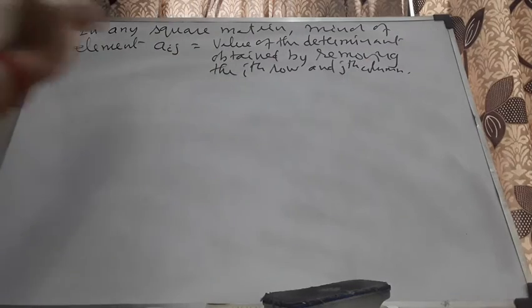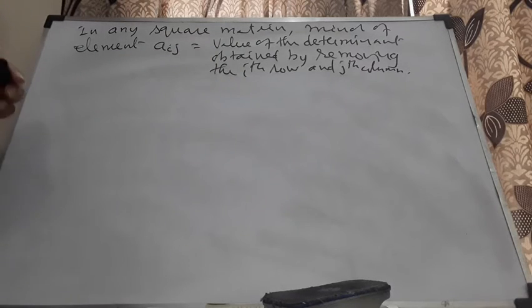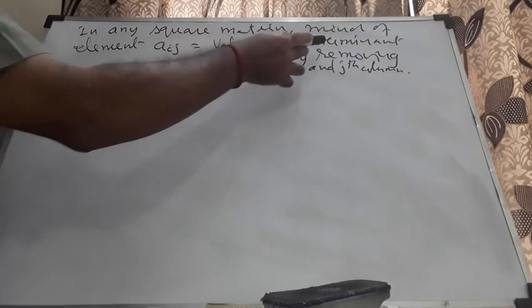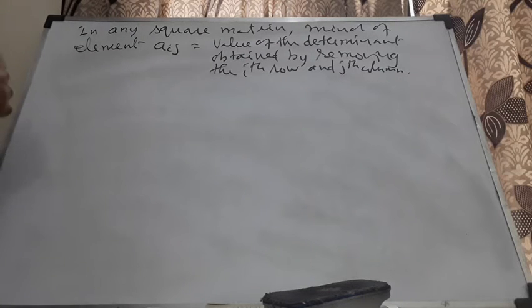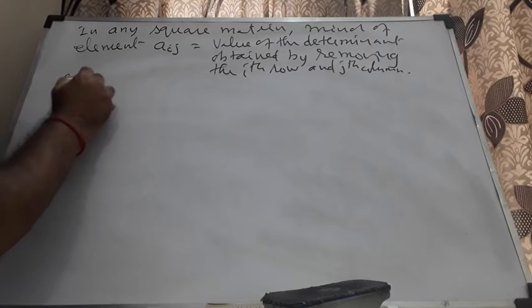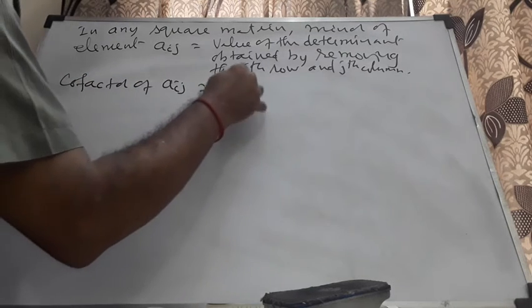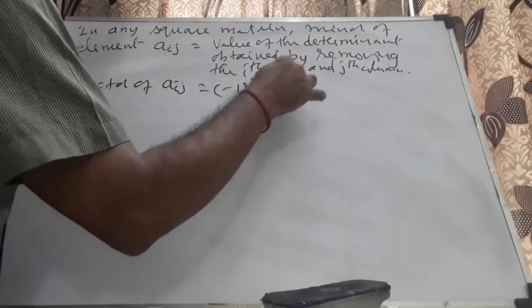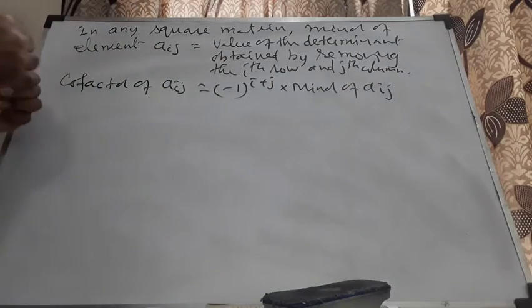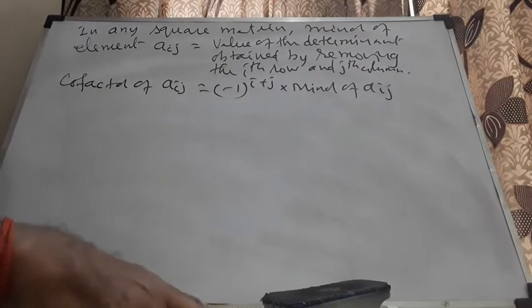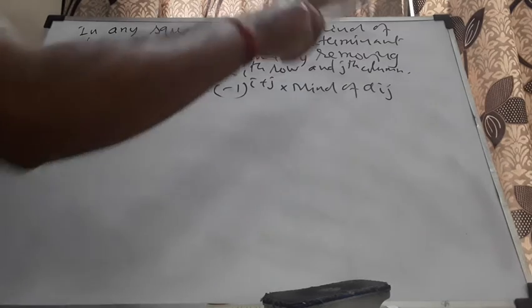Of course, you'll be able to follow. The determinant may be quite astonishing for you, as we haven't talked about determinants, but you'll be able to follow if you go step by step. Listen carefully. Then the cofactor of Aij is equal to minus 1 raised to i plus j into the minor of Aij. I repeat, I remove the ith row and jth column for the element Aij, and I will get the determinant.